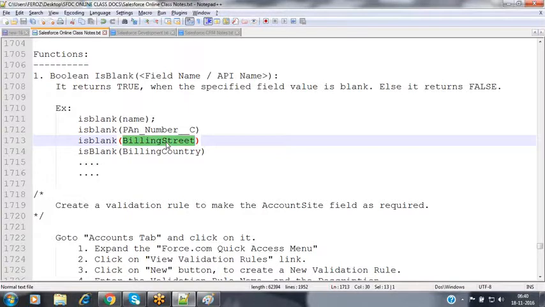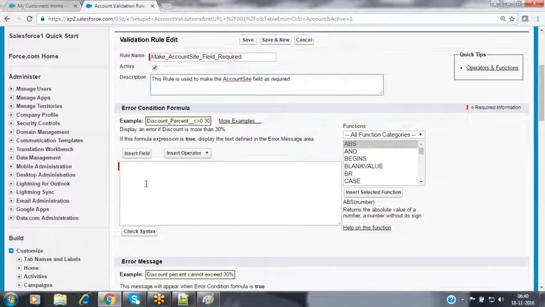Now the API name describes the actual column name inside the table. So always we have to use the API names or the field names whenever we are referencing that field. Field labels are only for display purposes. We cannot use the field labels. Always we have to use the field names. Now, for this account site, we have a field available here.